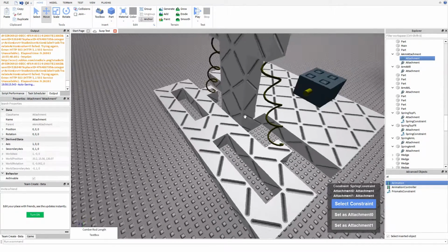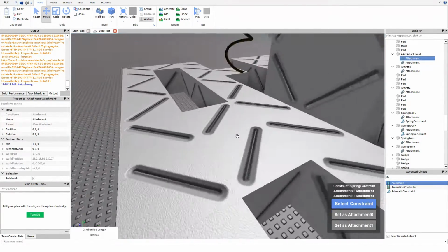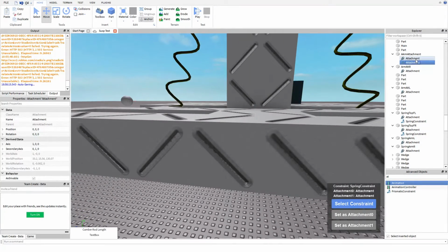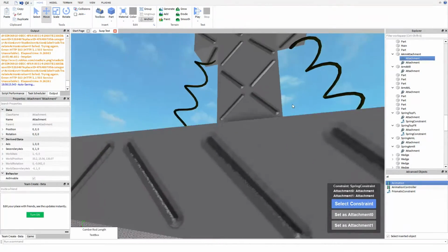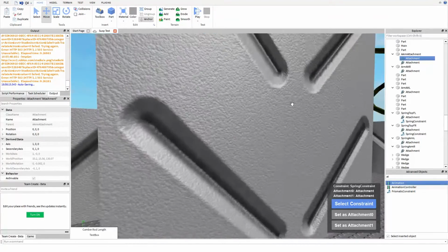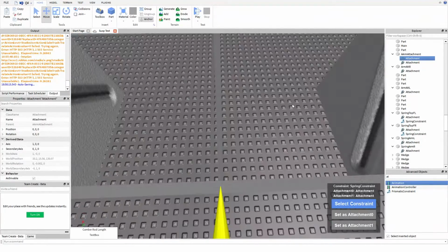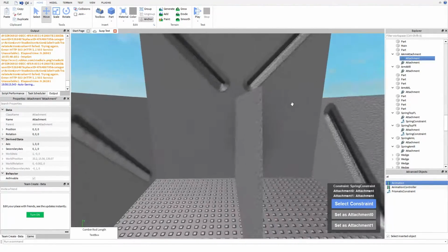you only have to move these attachments. You don't have to move the attachments that are in here doing it this way. So now what we're going to need to do is look under here, and now what we are going to need to do